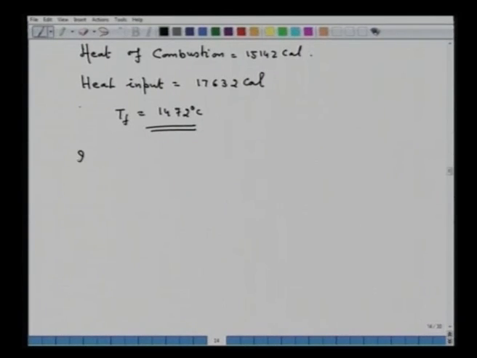Now, if I use Cp is equal to A plus 2 Bt plus C by T square all, then Tf will be approximately around 1440 degrees Celsius. So, this you can calculate yourself and see that you can calculate the adiabatic flame temperature for any other